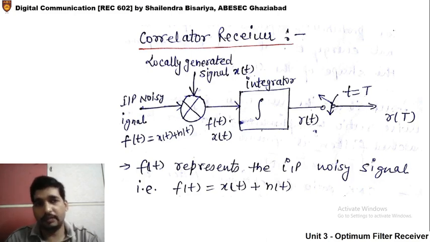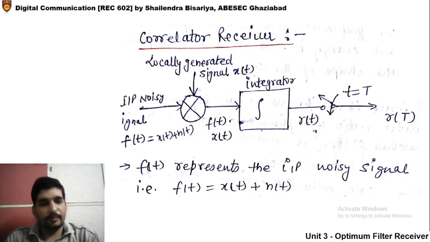We have already discussed in the past the white noise Gaussian random process. So the remaining portion is the signal space analysis. Up to some extent, we have already discussed that also in the past. So I will discuss one numerical example for signal space analysis today in this lecture, and the one point which is remaining is the correlation receiver.